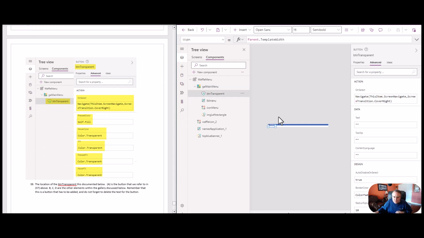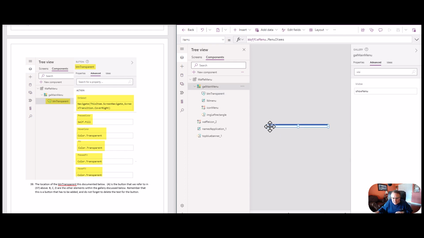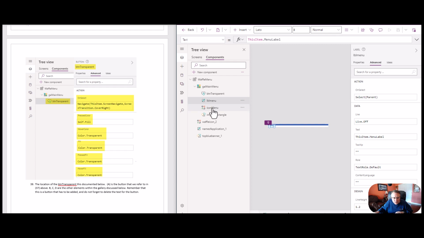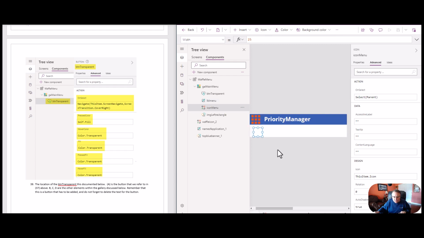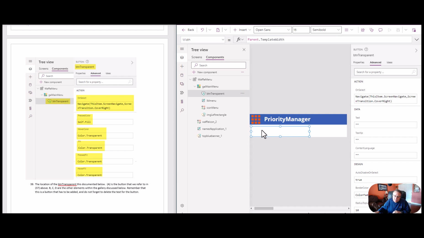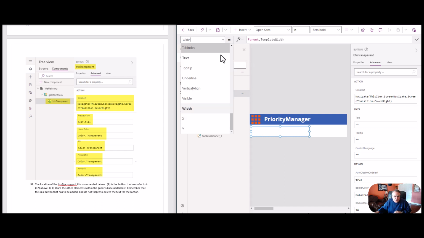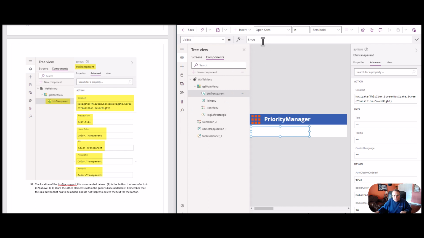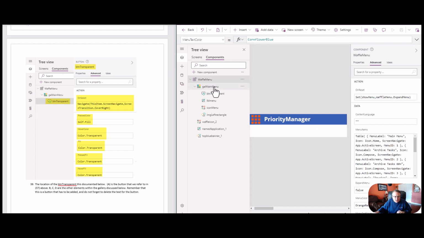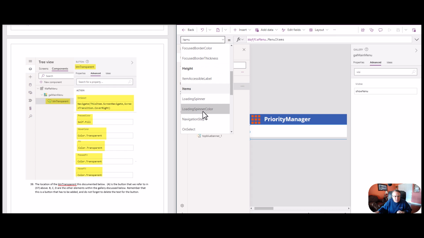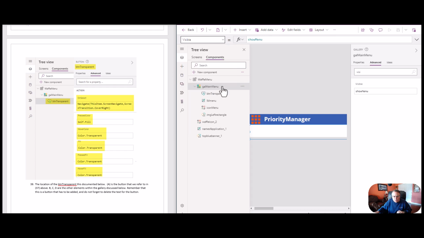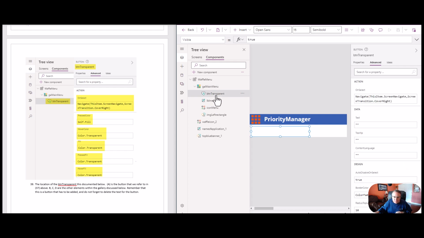Now this is a transparent button, and you can kind of see it right there on your screen. It's going over all of the gallery. Now you can't see the components in the gallery, the label or the menu. Let's focus in on this a little bit. But if you look here, this is the whole stretch of the gallery. Let's look at this real quick. I'm just going to briefly turn this gallery here. What do we set to? Visible. Okay. So here's our main gallery,